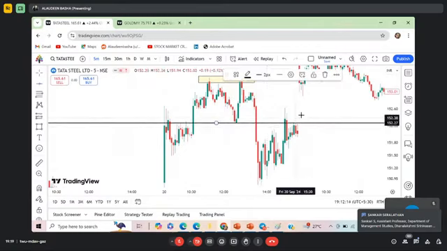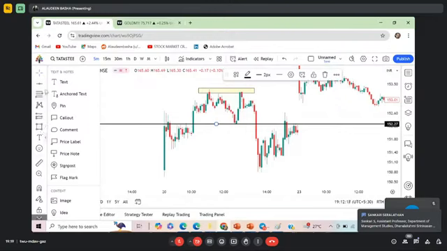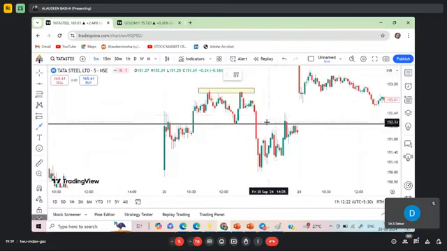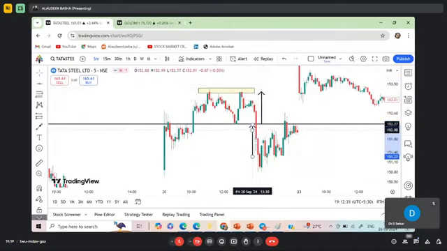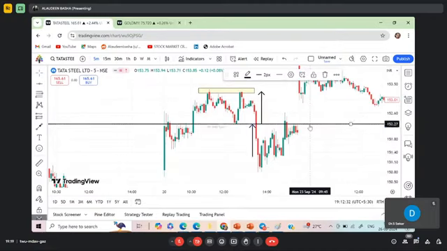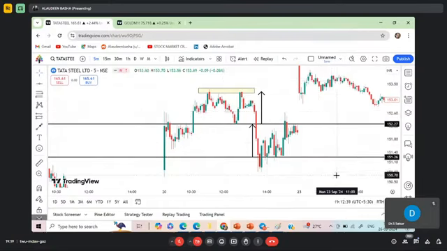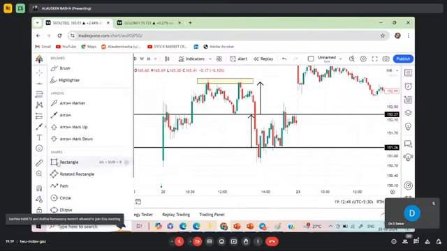Once it breaks, mark the target point from the previous high. This is your target. So exactly, it achieved the target. Within a 5 minutes time frame,